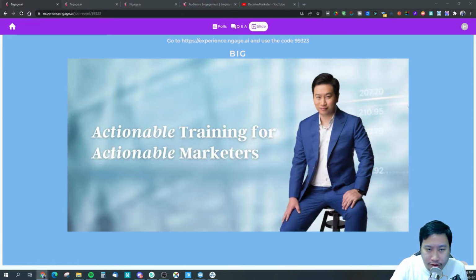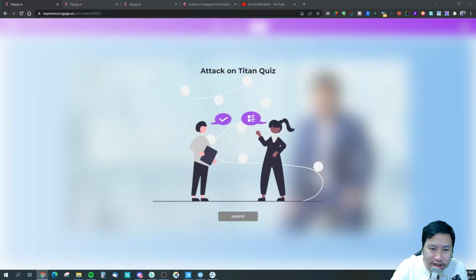So let me just switch back to the very first slide where I inserted some reaction buttons as well. Okay, so there we go. The instruction page, right?